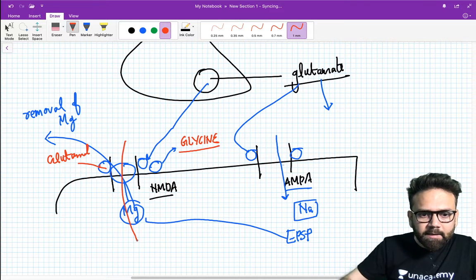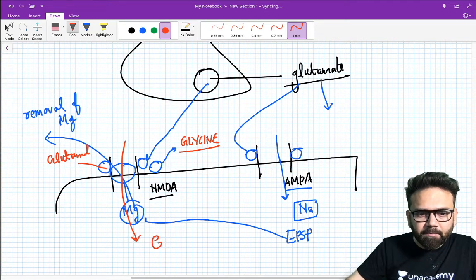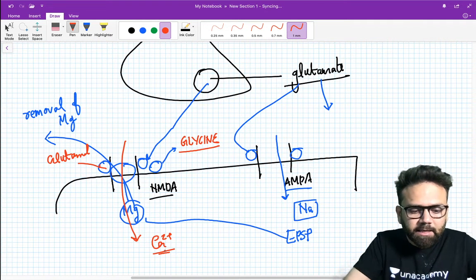And then only calcium can come. Then only calcium influx will occur. Is this clear or not? So